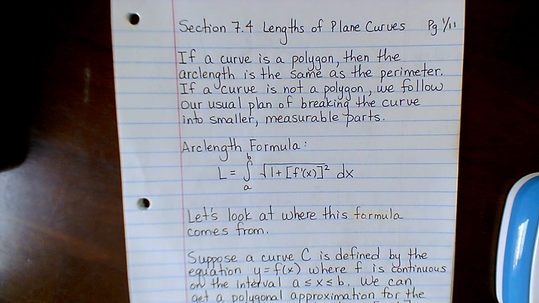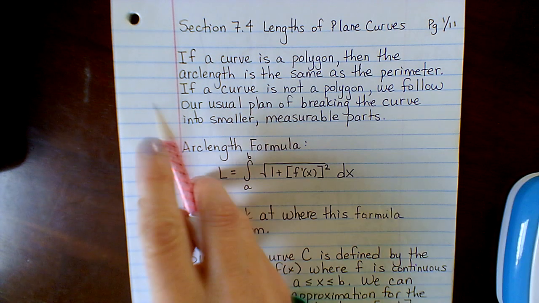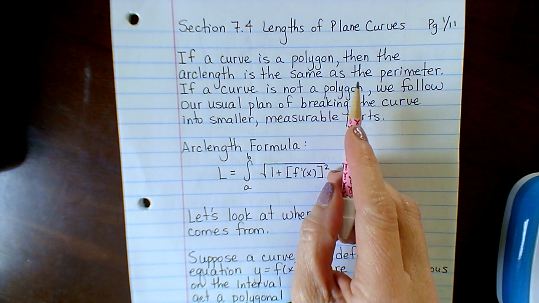Now it's kind of weird because a polygon is a simple closed curve made up completely of line segments. We don't think of a curve as being line segments. We usually think of a curve in normal everyday language as being, well, curvy, kind of wavy and stuff. But a straight line is a form of a curve. All right? So in this case, if that curve is a polygon, then the arc length is the same as